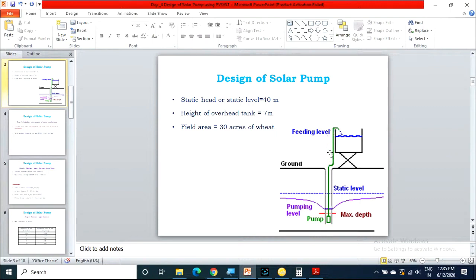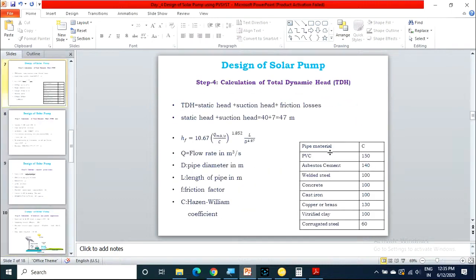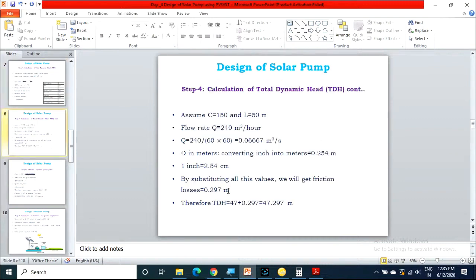So static head plus suction head plus frictional losses will give the total dynamic head. This total dynamic head is actually required for pump sizing. How can you calculate frictional losses? There is a direct formula. If you substitute all these values, then you will get the frictional losses. How much are we getting? 0.297. Just add 40 plus 7 plus 0.297, that will give 47.297. This is the total dynamic head.